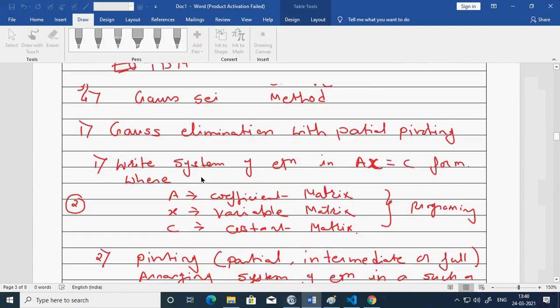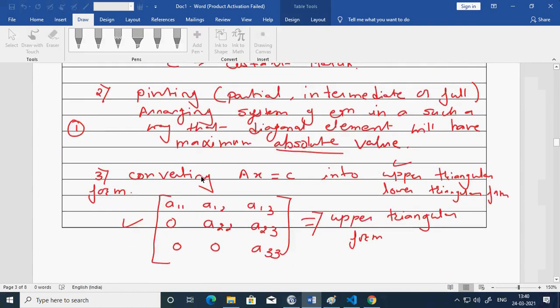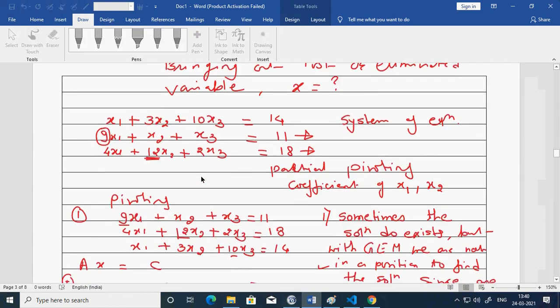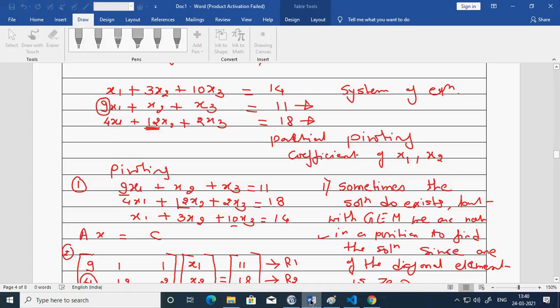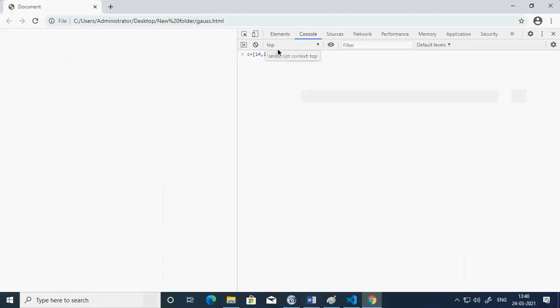Okay, so 14, 11, 18. So this is the matrix if I want to assign 14, comma 11, comma 18. So I just verify again 14, 11, 18. So this was the matrix which I set. Okay, so I assign in this way.